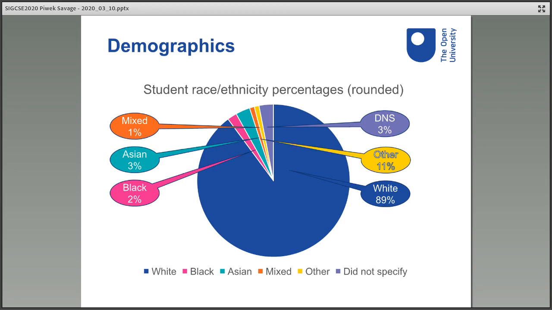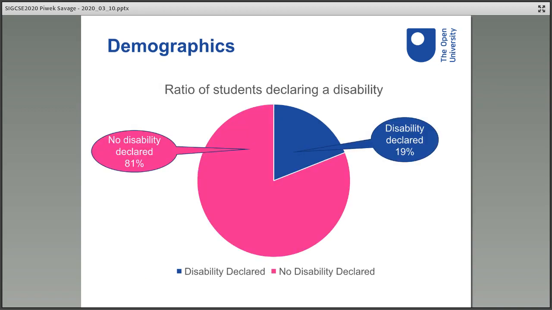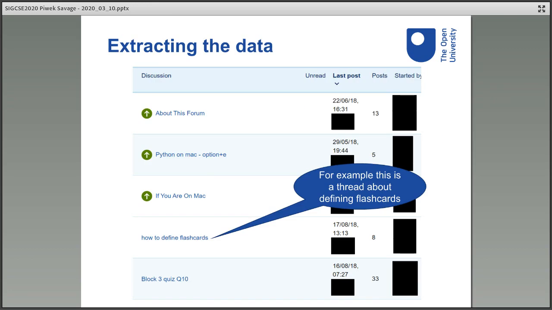And as you can see here, about 10% of our students are not white. Now, 19% of our students have declared disability, and there may well be more who have chosen not to disclose. Now, about a third of these students have declared mental health issues, and a quarter have specific learning difficulties such as dyslexia. Of course, the disabilities may not be mutually exclusive, with some students managing multiple conditions.